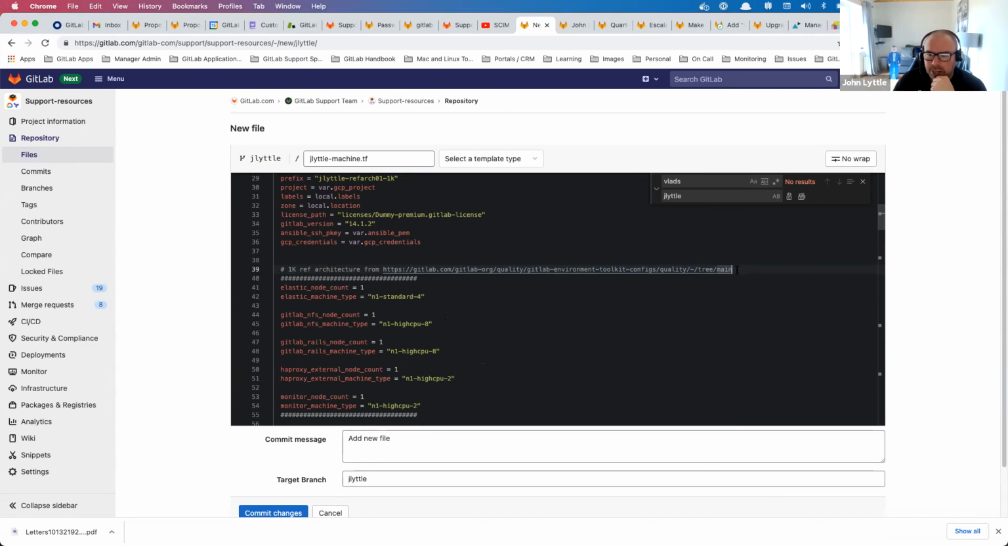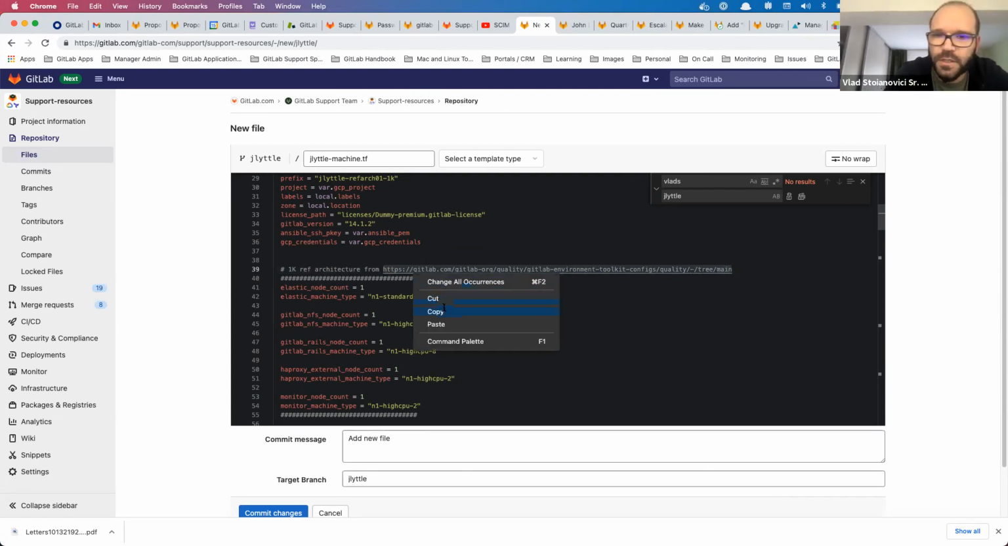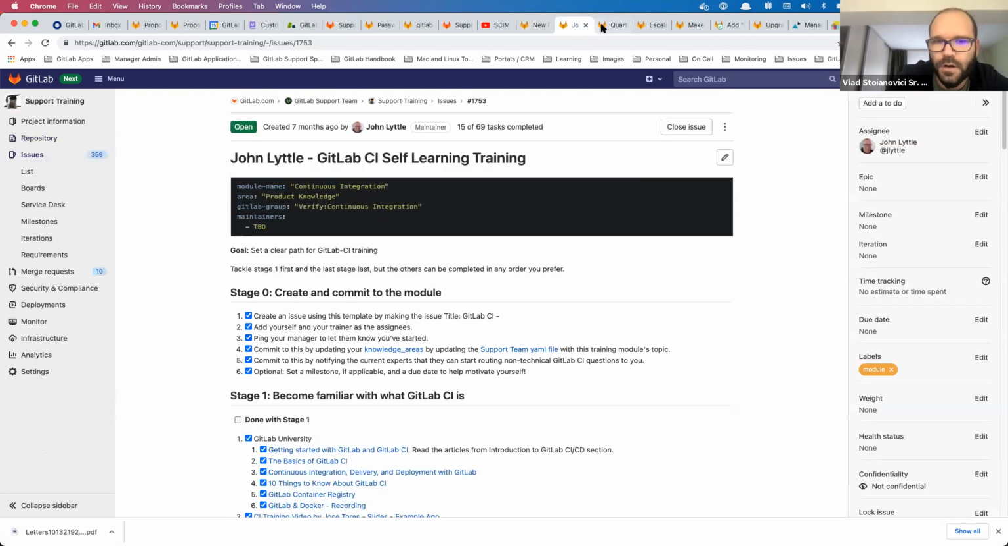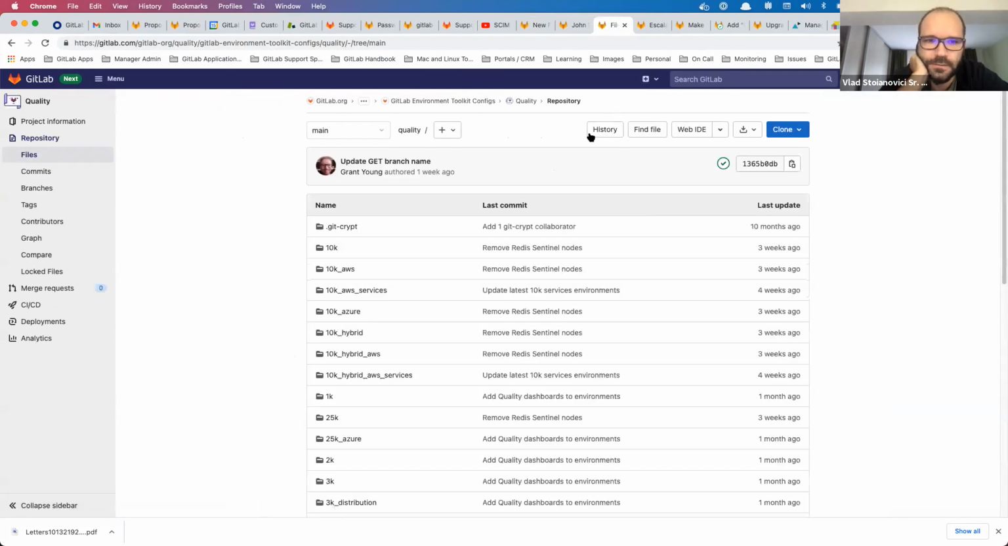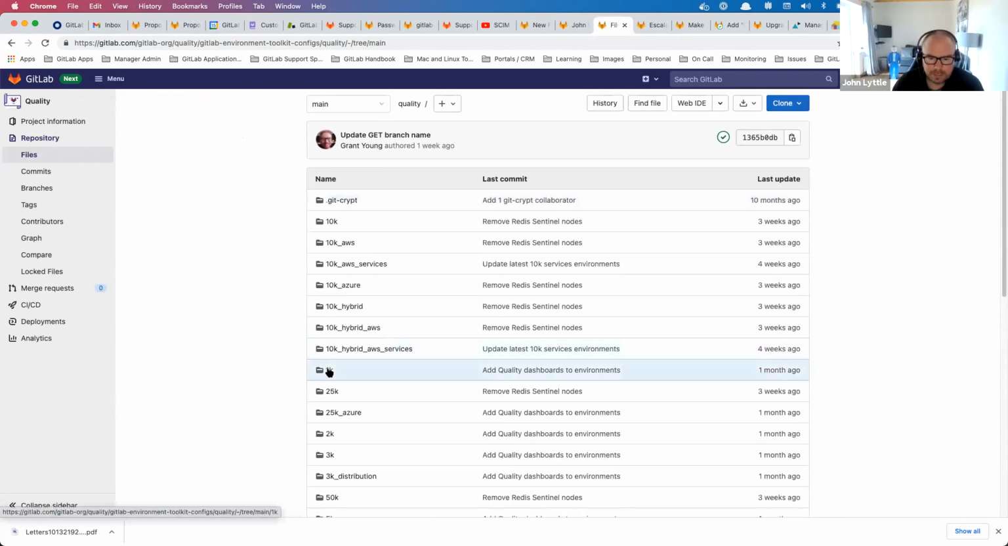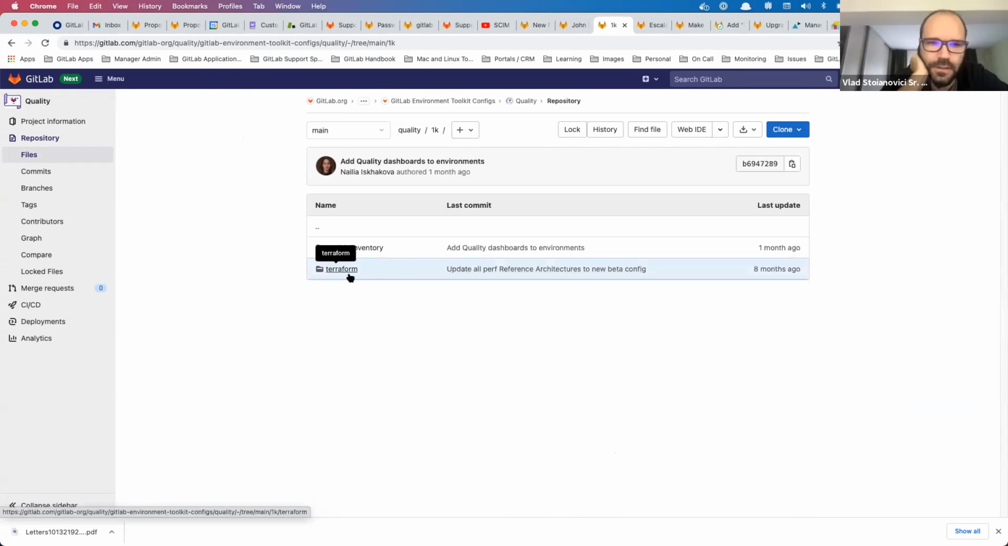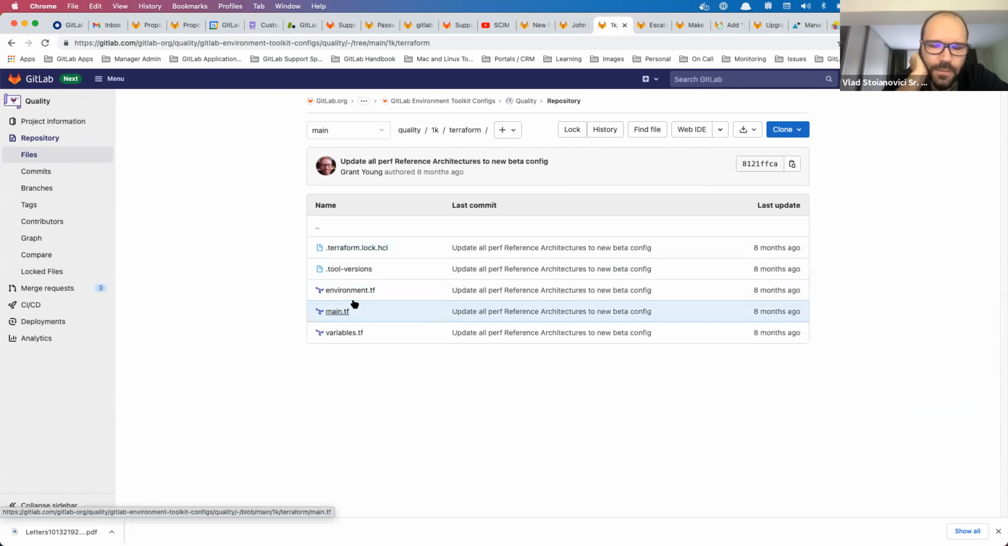What does the K represent? 1,000. It's 1,000 users. It's from our reference architecture setups. Okay, yes, I get you now. Okay, so there's 10K, 1K, whatever, Terraform, environment,